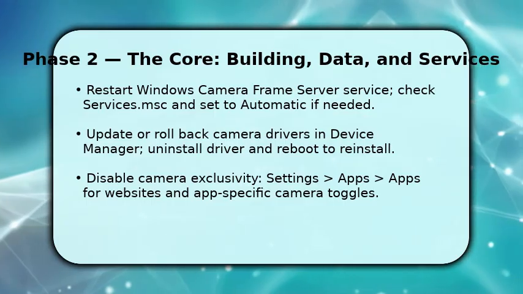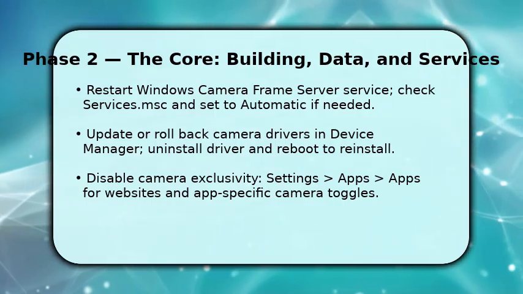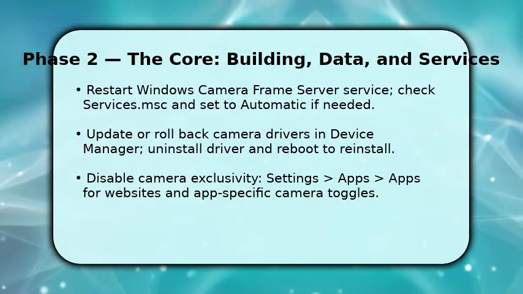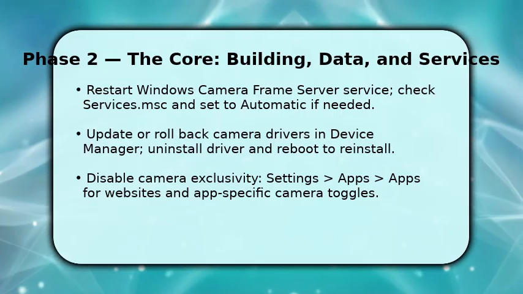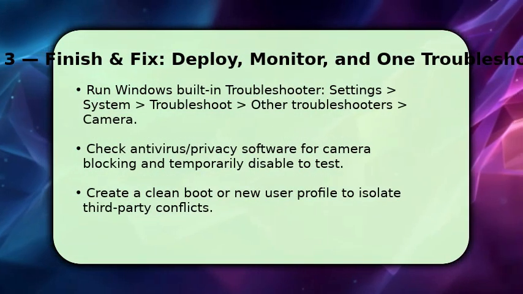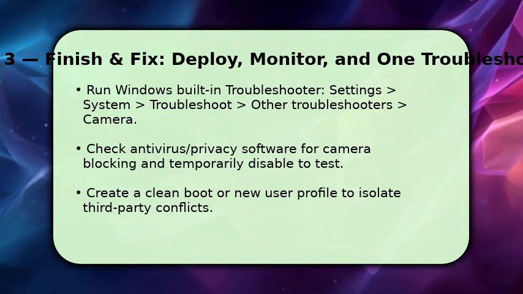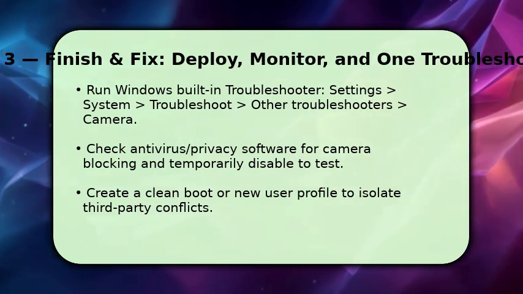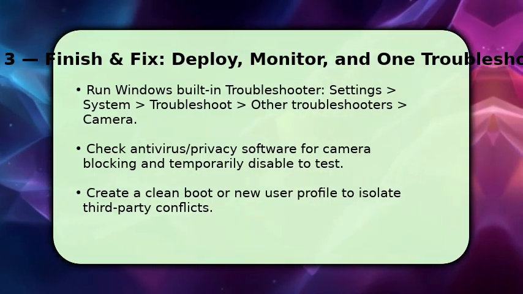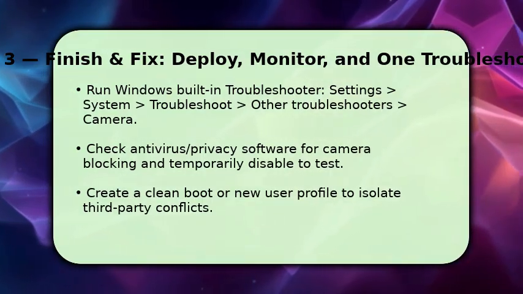Also, disable exclusivity by checking app-specific camera toggles and any allow apps to take exclusive control options. This prevents one app from monopolizing the device. Finish by running the Windows Camera Troubleshooter to detect permission, driver, or resource conflicts. Follow its suggested fixes. If that fails, temporarily disable antivirus or privacy tools that can block camera access, then test